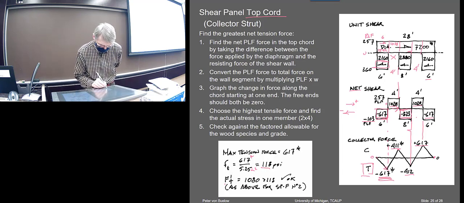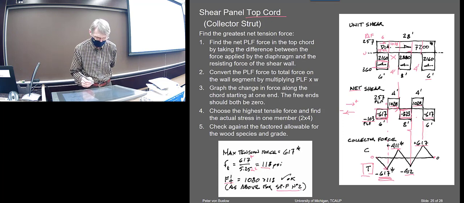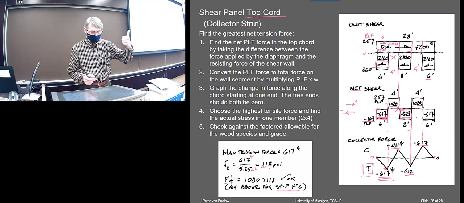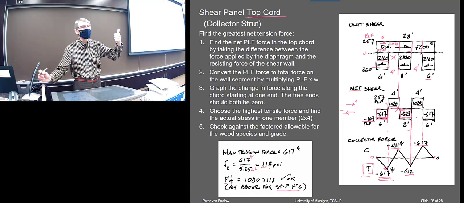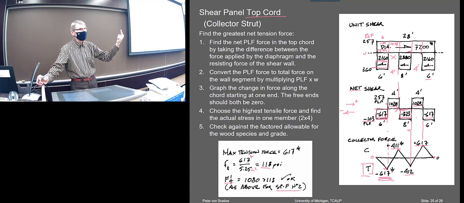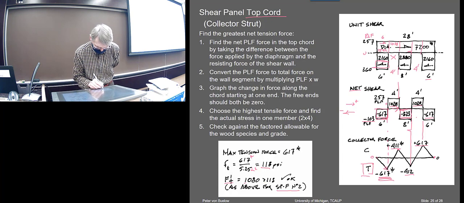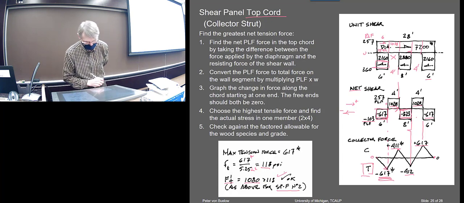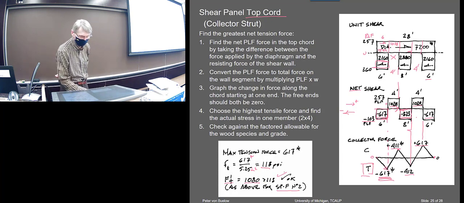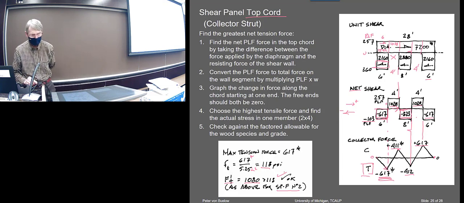Then this was the same as what we did above. I think it had spruce pine fir number 2 for the wind CD of 1.1 or 1.6, whatever it is for the wind, and the CF factor in tension, right? So we put those two on it. That was the 1080. So wow, okay, yeah, there's not a problem with that. That's going to certainly be okay. So that checks the